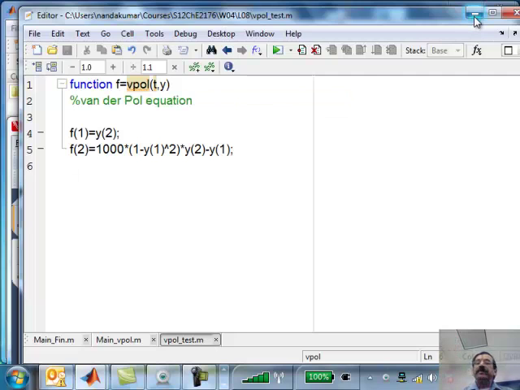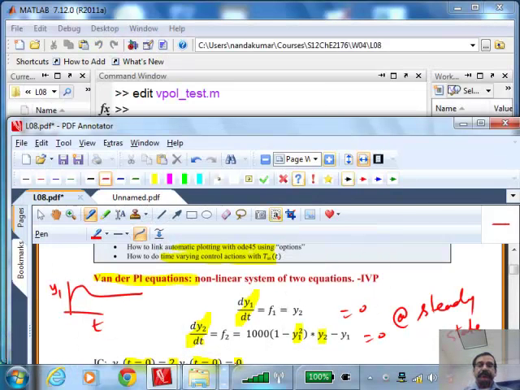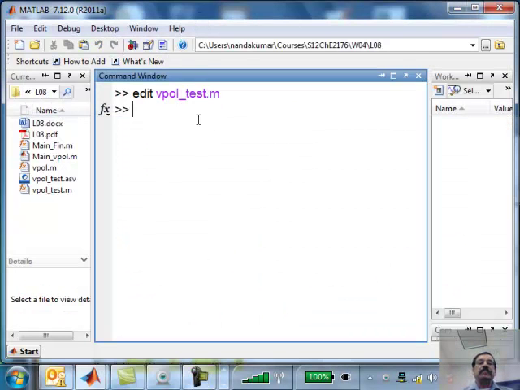Okay, now I have saved that, and how would I use it? I can type it first to see that it exists. It is known to MATLAB. What do I mean by saying it is known to MATLAB? When I say type vpol test, it is just a string for MATLAB. So it has to know, is it a variable in the workspace? If it is, it will look it up. If it doesn't find it in the workspace, it asks, is it a function?